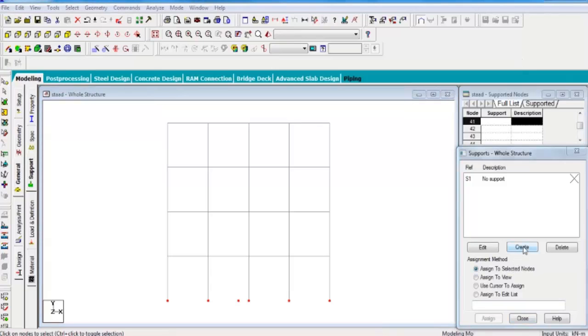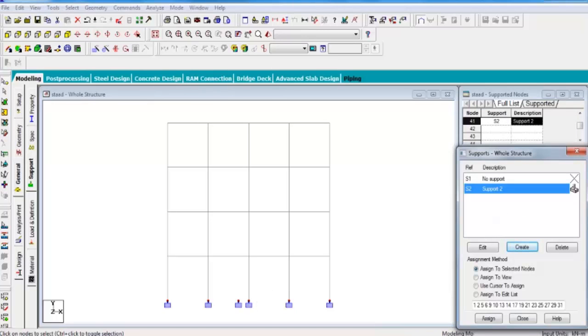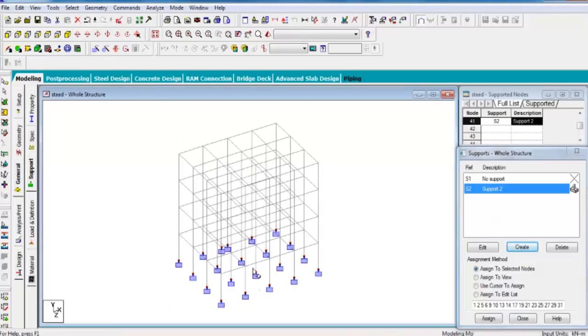Click on create and click on assign. You see this, my support is here. So the support is completed in the structure.